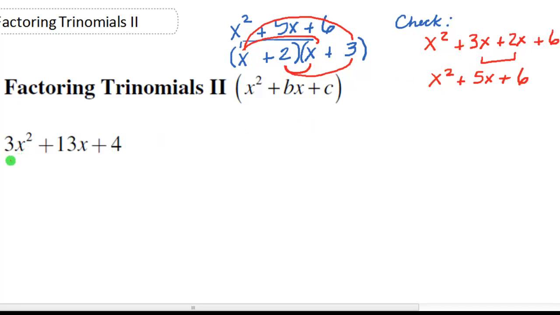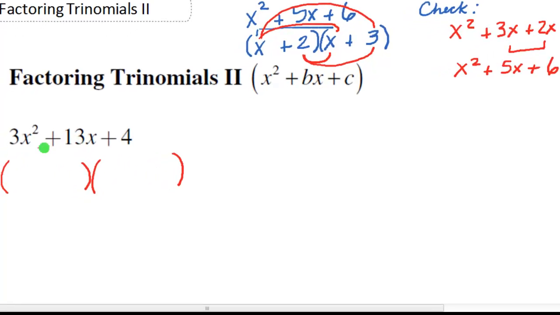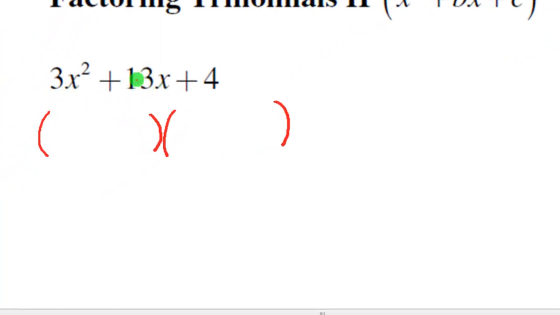In this video, you can see by our first example here, our leading coefficient, or our coefficient of x squared, is not 1. It's a number other than 1. So we are going to use our trial and error method, but this 3 is going to impact how we get our middle term. Again, here and here, we need two monomials that multiply to 3x squared. And if you thought 3x times x, you're right, because 3 times 1 is the only way that we can get a 3,